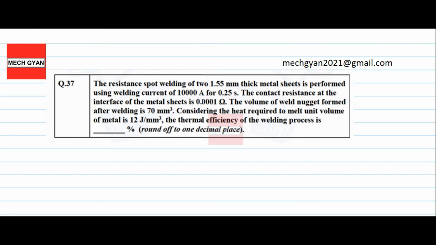So question number 37, this was again asked for GATE 2021 mechanical engineering. The resistance spot welding of two 1.55 mm thick metal sheets is performed using welding current of 10,000